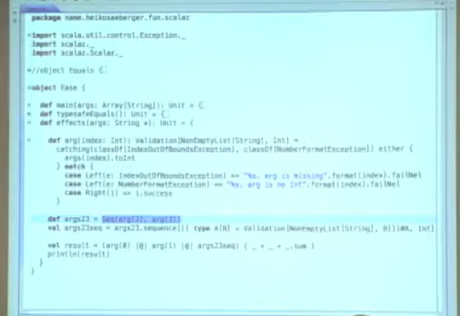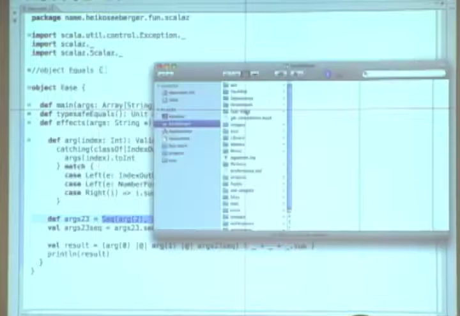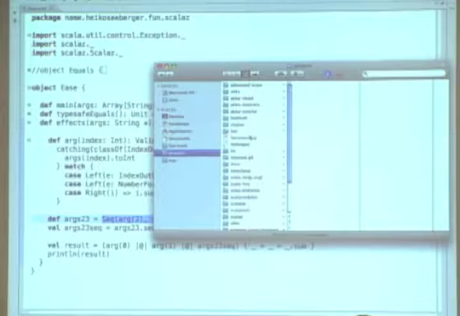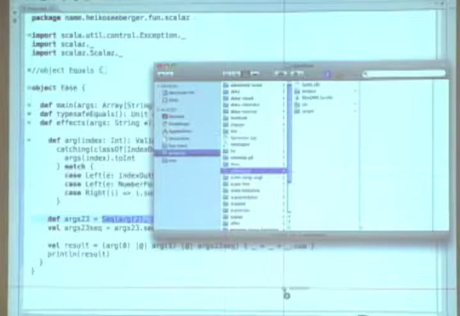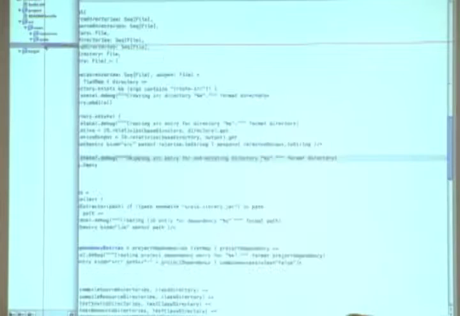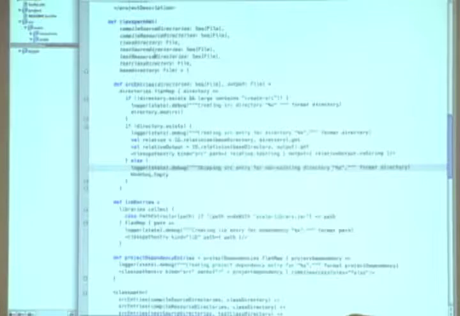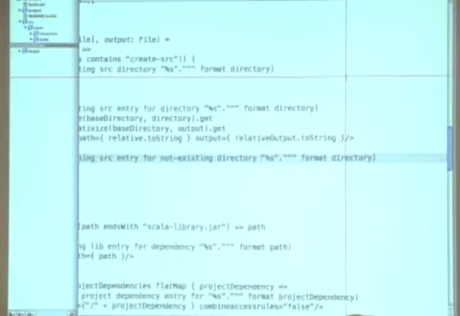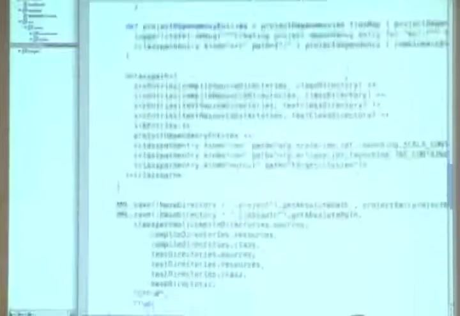Okay, now let me show you a real-world use case for that. As I mentioned earlier, I've got this project called SBT Clips, and I don't know if Mark showed these things to you, but the API of SBT returns a lot of options, and I have to deal with all those options.